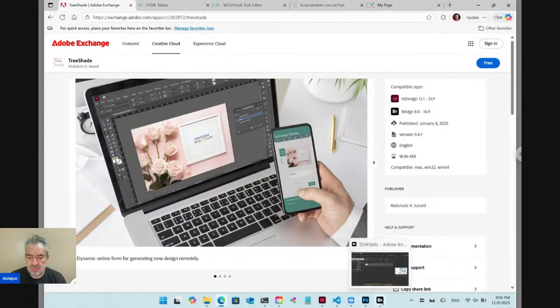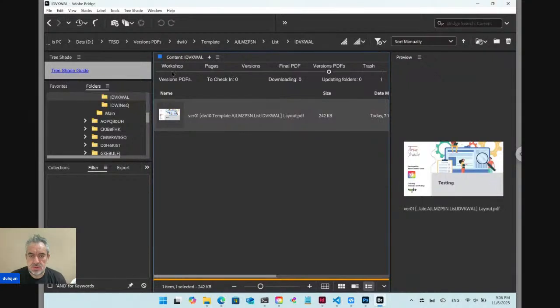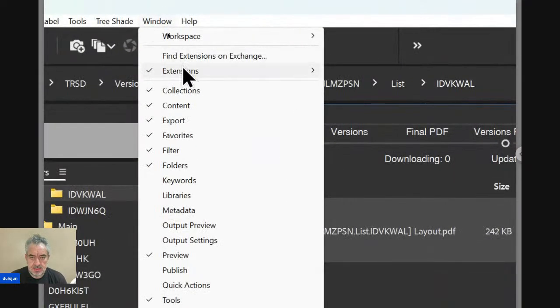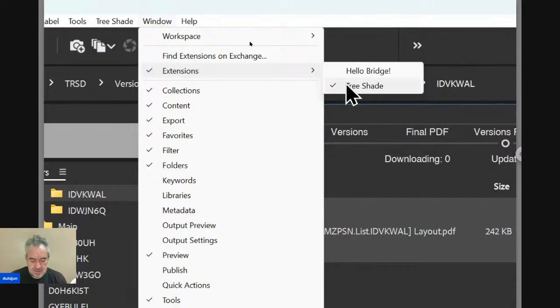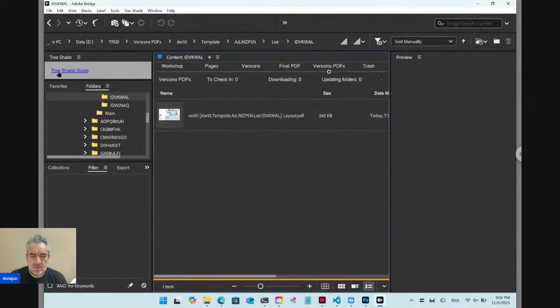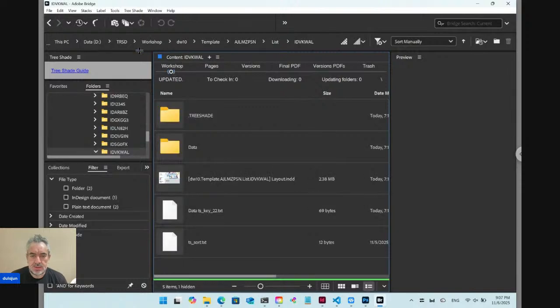After installing, you need to restart Adobe Bridge or start it, and from Window go to Extensions, then TreeShade. You will have a message asking you to restart Adobe Bridge again. After restarting again, TreeShade will ask you to create a root folder. Here I have created this root folder, TRST,